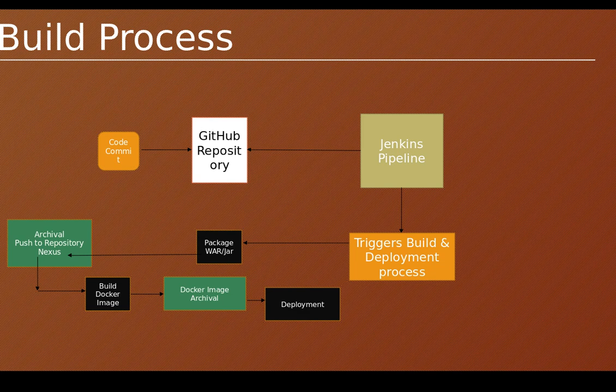Either we can use Nexus as the repository, or we have different types of repository available for Docker image push also. So in this example, I will cover Docker Hub, the open source repository. I have created an account there, and you can push your Docker image directly into Docker Hub. Docker Hub is a repository, and you can pull whatever image you have created at the time of deployment.